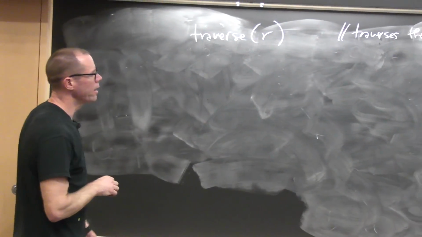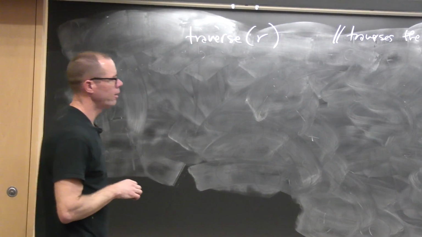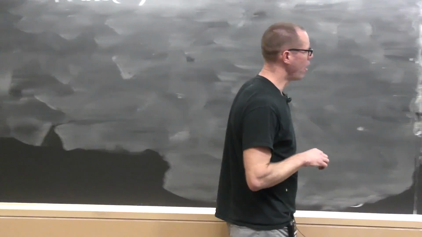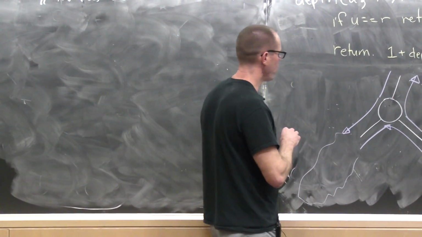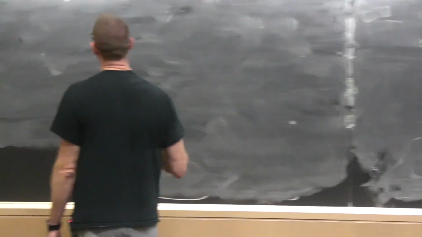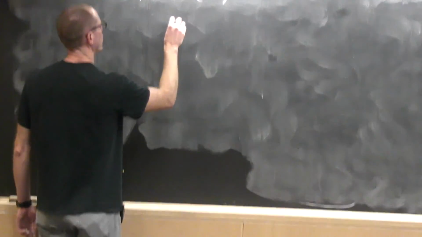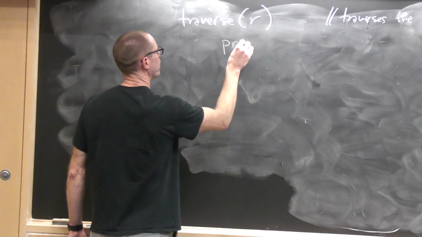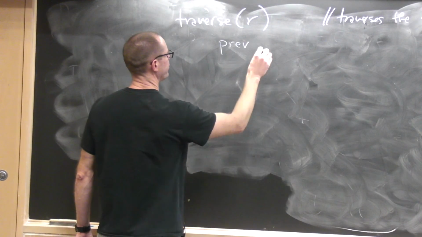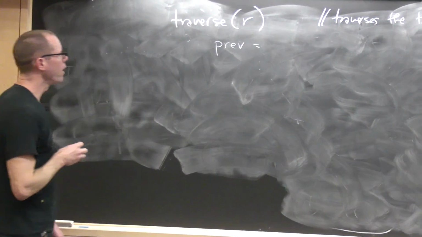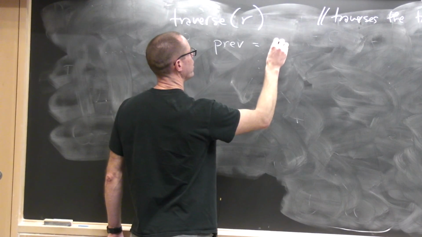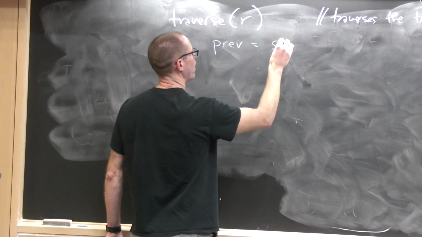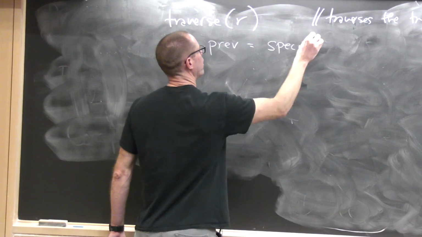So we said that we need to know where we have come from. So we need something like a previous node. And let's start by setting the previous node equal to, I'll just say